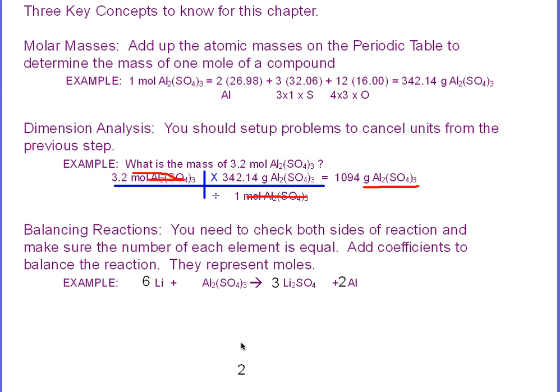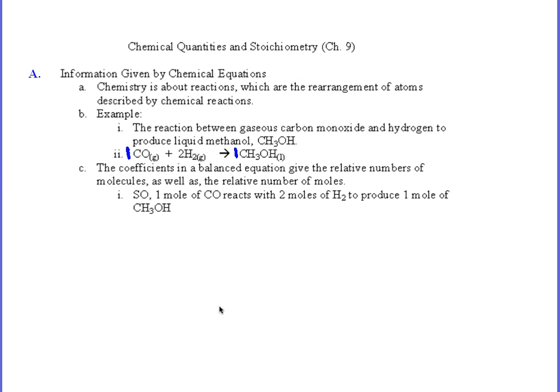And this is really important because these coefficients tell us mole relationships between the different compounds. And that's really what we're going to be using as the new ratio in Chapter 9. We're going to be using molar masses in Chapter 9, so you're going to be building molar masses. You're going to be using dimensional analysis to cancel out units. And then you're going to be looking at equations, and you're going to realize that the coefficients tell you how